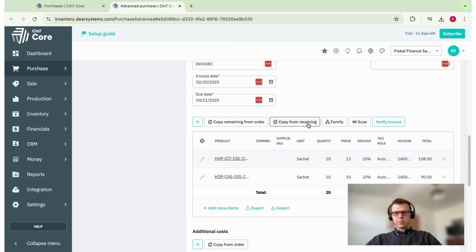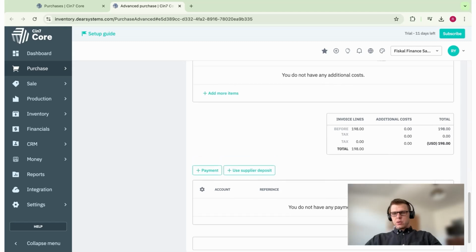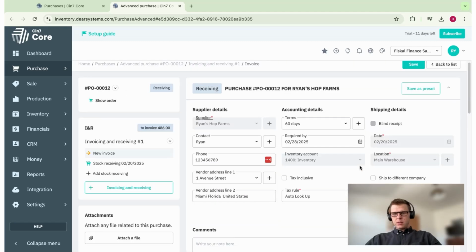So let's go copy from receiving, and that will auto-populate with the quantities that were received so that we can now create an invoice for this on Cin7. If there were any additional costs like shipping, for example, then I could put that over here. So if we go ahead and we save this,